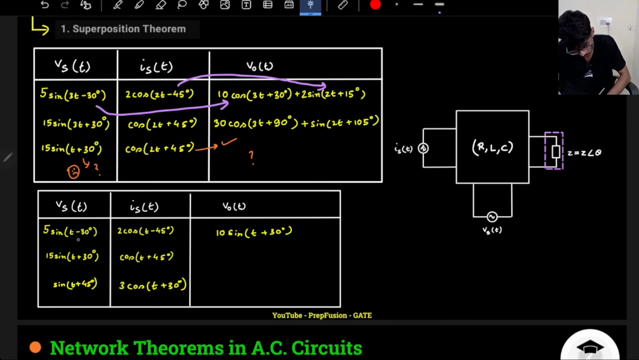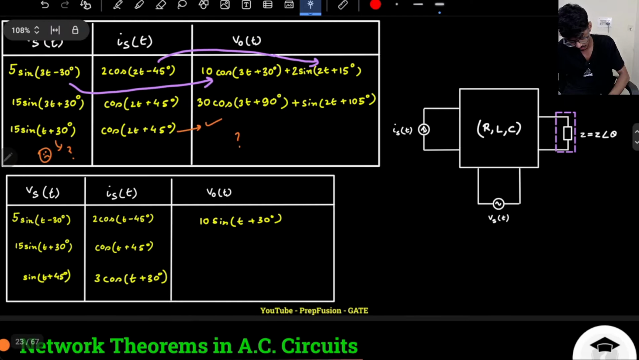So of course, due to this voltage source, I will get some voltage that will have a frequency of t. Due to this current source as well, I will get some voltage which will have frequency of t. And just in case both of them have the same phase, then they will be clubbed together. I cannot comment. Or even if they have different phase, then also I cannot say due to which one I am getting the